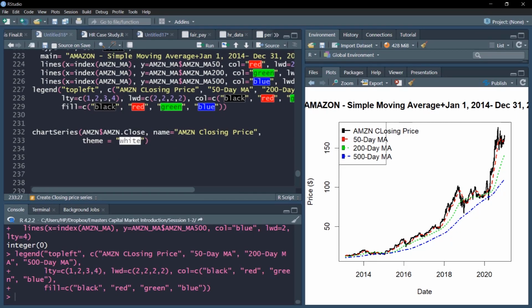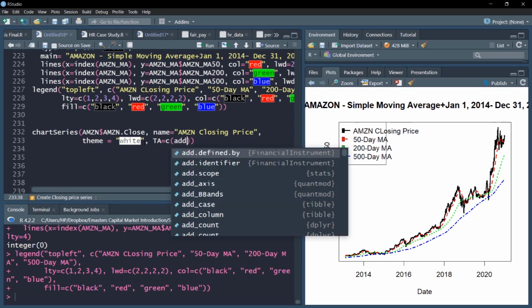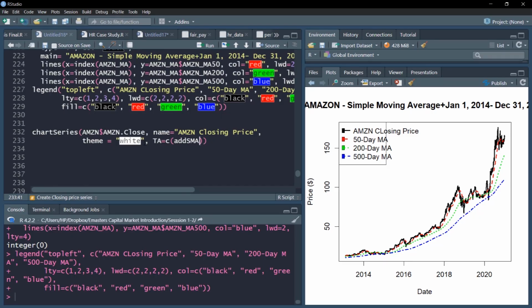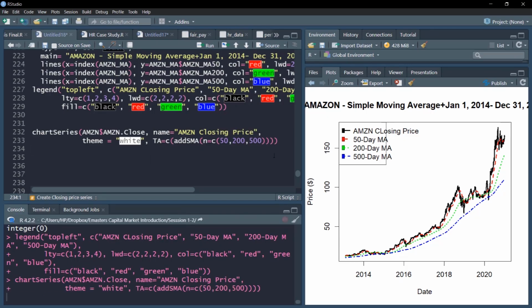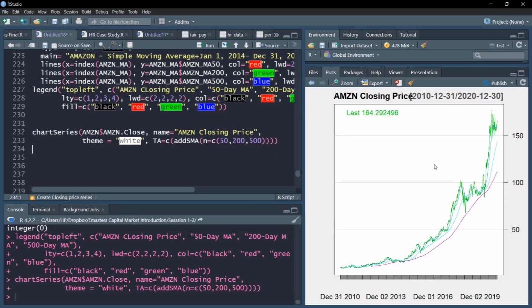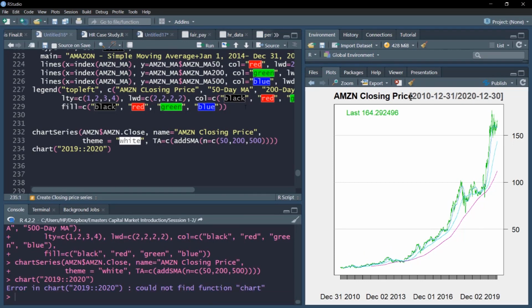and here what I'll do is I'll just put this simple command to add SMA lines. So I'll add this addSMA, and all I need to provide is specify the duration. So for example, I specify 50, 200 and 500. So that way I'll easily specify the durations. Let's plot it. So you have a very nice plot here with SMA lines, and here you can zoom also. For example, you want to zoom on a particular duration, so you can zoom, just put the duration where you want to zoom, and your plot will zoom in there.